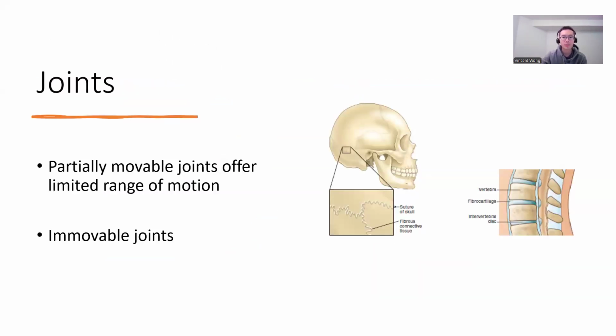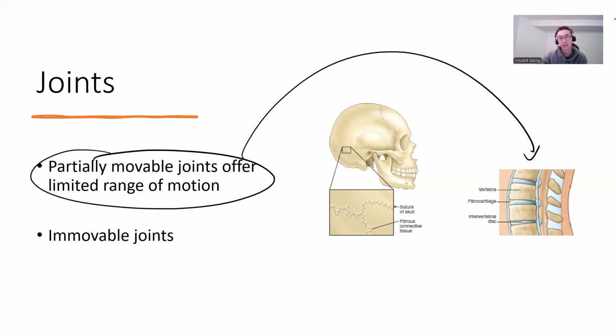Okay, and then the partially movable joints would be like the vertebra. So our spine, it's kind of like stacking two chairs on top of each other. They fit snugly, but you can still shake it, and there's a little bit of movement allowed. If you have a whole stack of chairs, you can visualize the whole stack can sway forward and backwards. So even though between each backbone it's limited motion, collectively we have so many of these vertebrae,